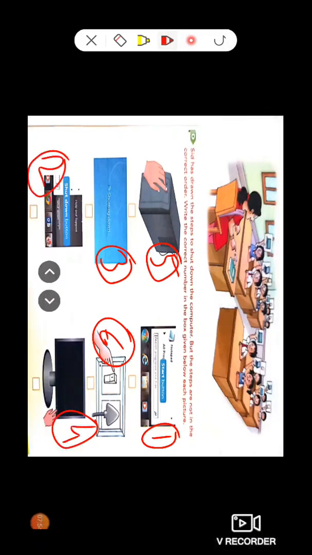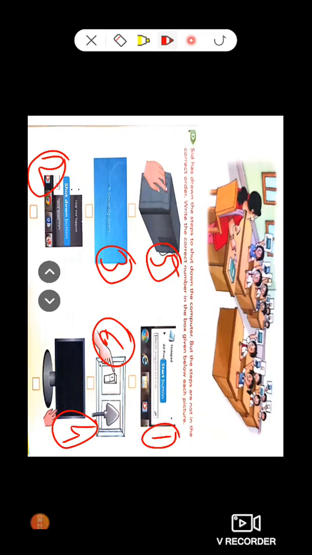So here are the 6 steps we have completed. Step 1, click on the start button. Step 2, click on shutdown. Step 3, a shutting down message will appear on the desktop. Within a few seconds you will get a blank screen. Step 4, blank monitor screen. And then step 5 is switch off the UPS. And step 6 is switch off the main power button.